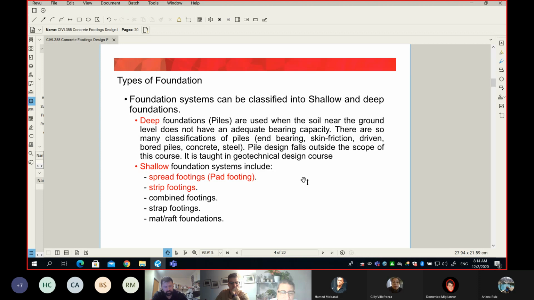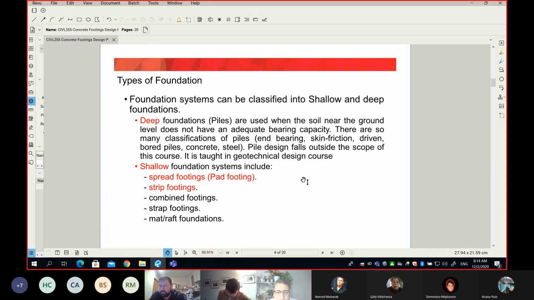Okay. So I'm going to start here with the topic that we will not cover in our class, which is deep foundation. So let's be clear. Deep foundation will not be covered in our class. When we say deep foundation, as far as I know, it is equal to piles, and they are used when the soil is not really strong enough. When the soil doesn't have enough bearing capacity, the soil is weak,